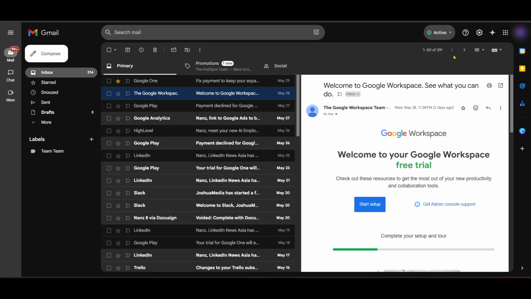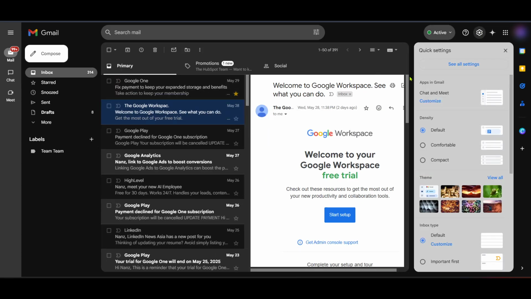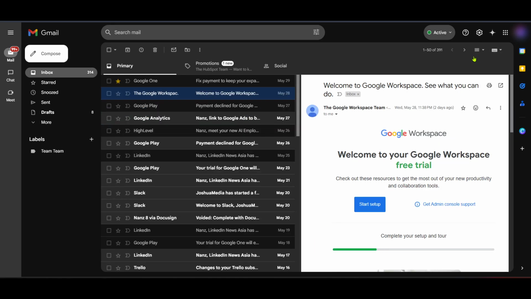Once you are in Gmail, you should see your dashboard displaying your inbox and other categories like drafts and sent mail on the left side. From here, your next action is to click on your profile icon. You'll find this usually as your initial or a picture if you've set one, again on the top right corner